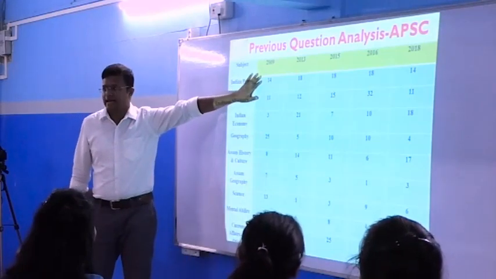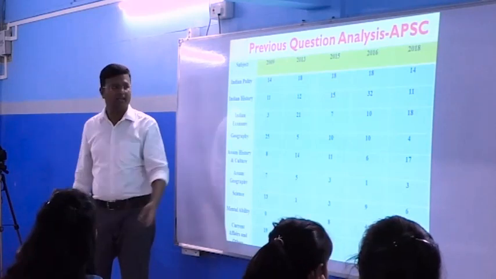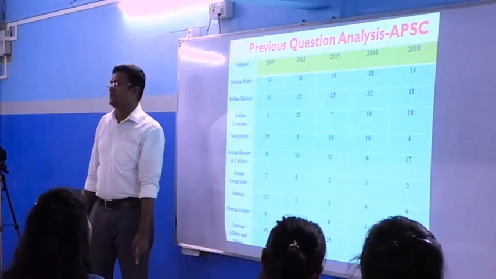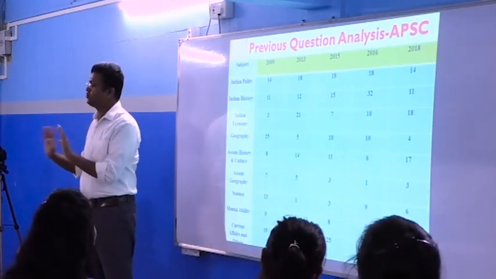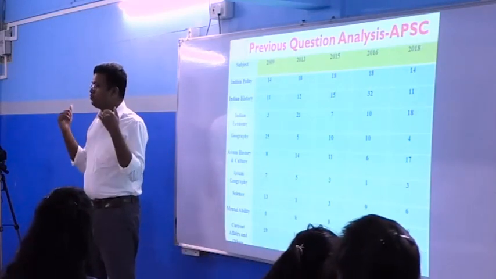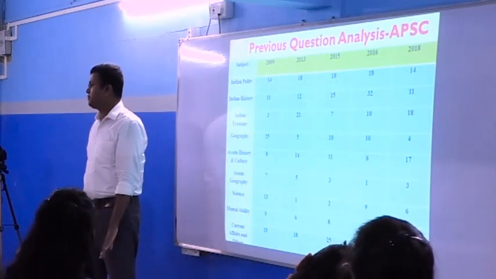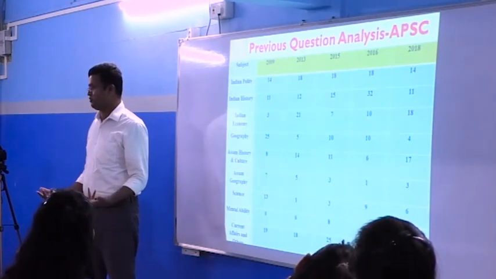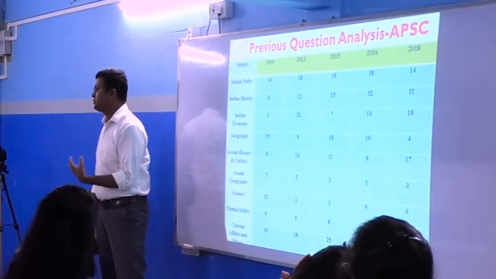That means if you study well with comprehensive material, you will be able to answer up to here. Of this 19, at least 8 to 10 you should be able to answer, because nobody can do everything. Even if you are reading The Hindu for 365 days and following the magazine for 365 days, there will still be some current affairs you did not know. Nobody can guarantee you will get all 90 questions, but at least 8 to 10 questions should be there.